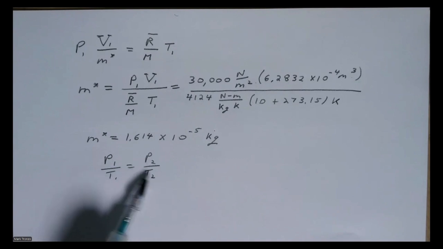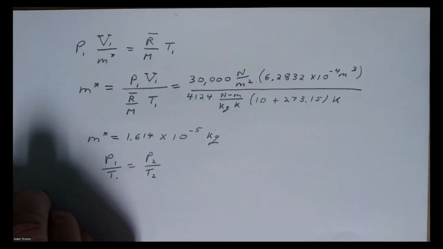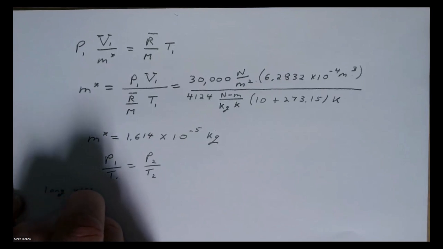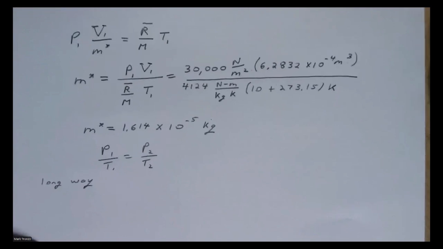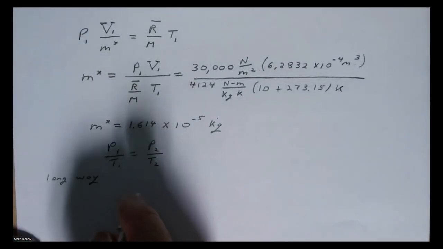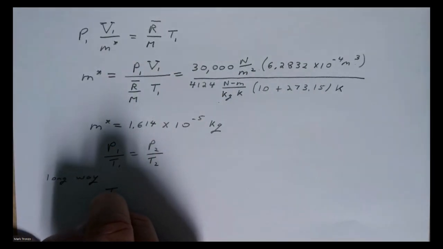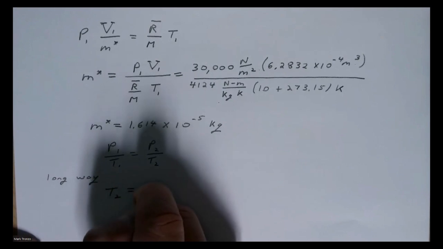So again, you could do it that way, or if you didn't remember that, you could just do it the long way. So let's actually do it the long way just in case you didn't see the relationship. You could just say, I'm going to solve for the temperature at state T2. In other words, just solve this for T2,